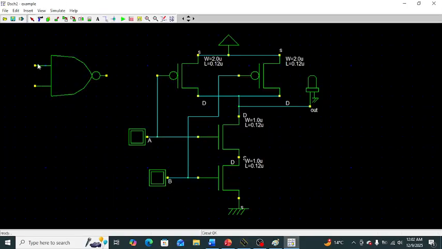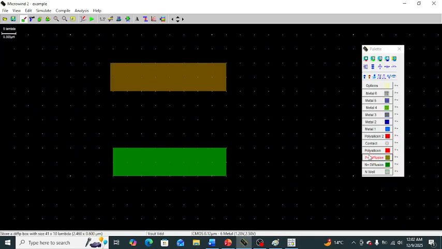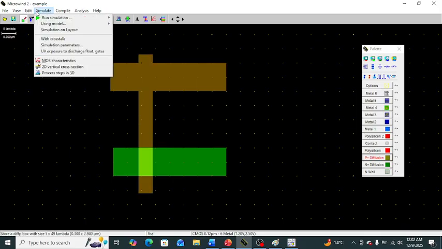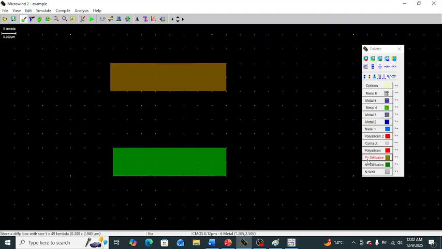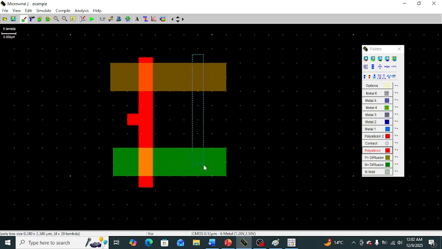Then, as the NAND gate has two input terminals, input A and input B, input A is connected to the first PMOS and first NMOS, and input B is connected to the second PMOS and second NMOS. Both inputs A and B are connected to both PMOS and NMOS. So in layout design, we use polysilicon in the gate for the input terminal. This is the polysilicon input for the gate terminal. This is the first input polysilicon layer, then this is the second input polysilicon layer. These are the two inputs.